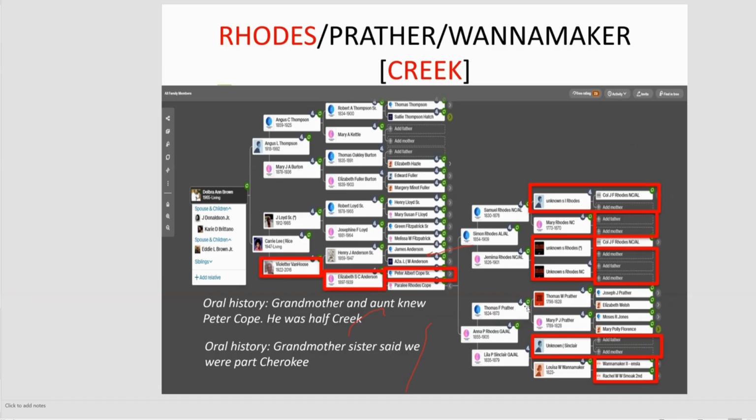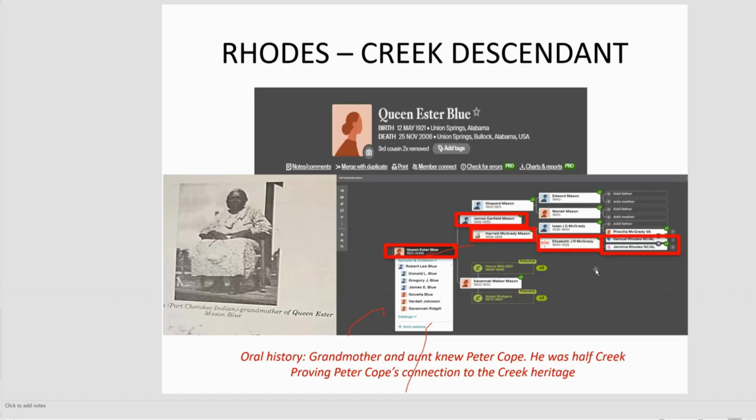So the Prathers or Praters are Europeans. The Sinclair, the Wanamakers are coming from South Carolina. It could be there, but I'm not sure. But the Rhodes name is a major gap for me. I said, okay, maybe it's these Rhodes. And then I remembered Bullitt County, Alabama has this book where they write about everyone, a tribute to families. And this photo was in that book. It says